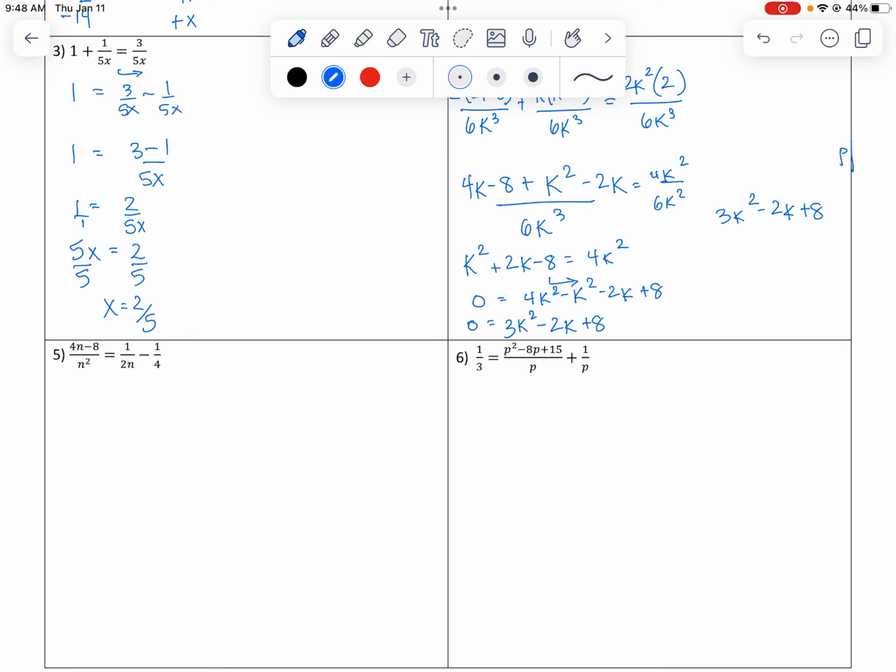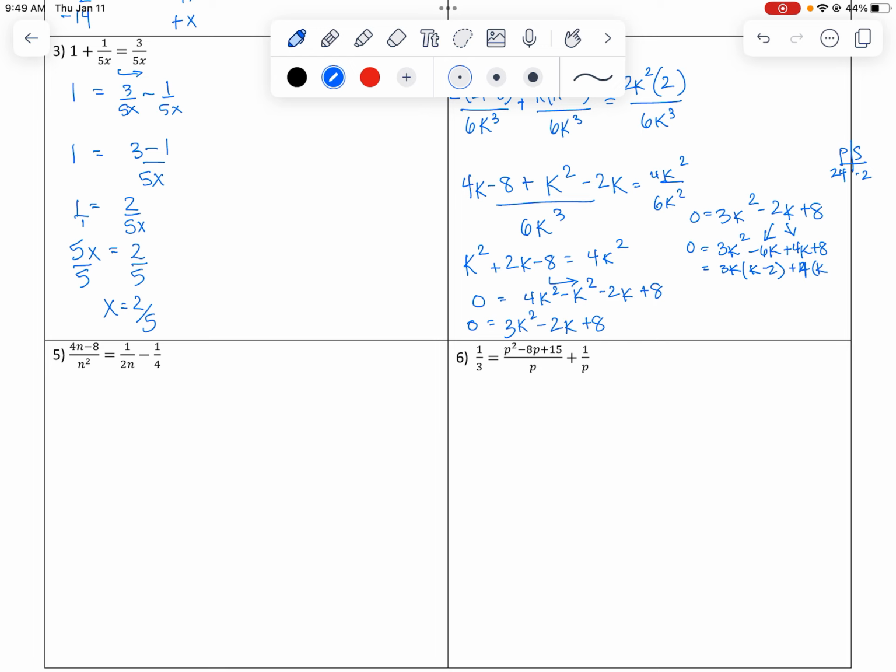If I do product sum to factor this equals 0, then what I'm looking at as a product of two numbers is 24. That's a times c, that's 3 times 8. And the sum is negative 2. I believe that I'm going to split the middle term, so factor by grouping, into negative 6k and positive 4k plus 8, and bring down the a and the c terms. Of course, that's set equal to 0, and I'm going to factor by grouping. So I'm going to take out a 3k, and on the inside get k minus 2, and I'm going to take out a 4, and on the inside get k,